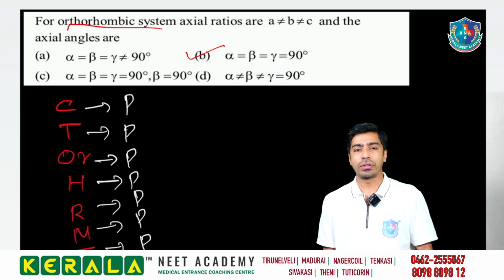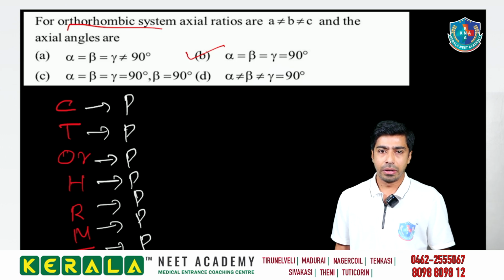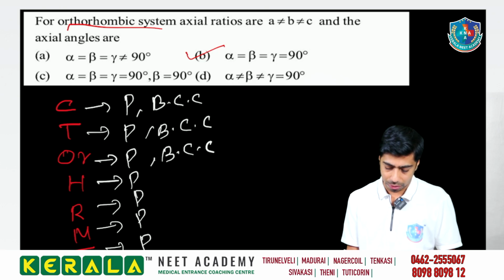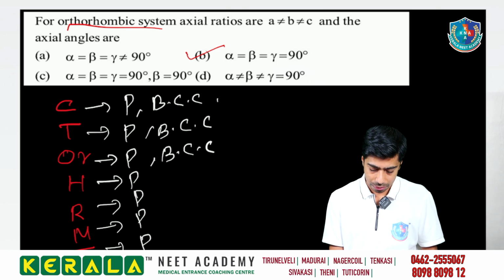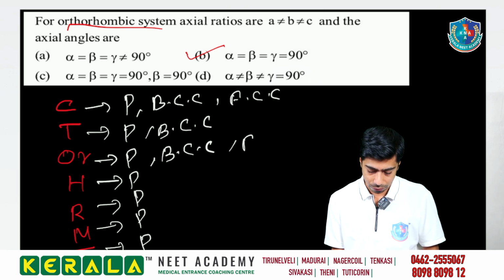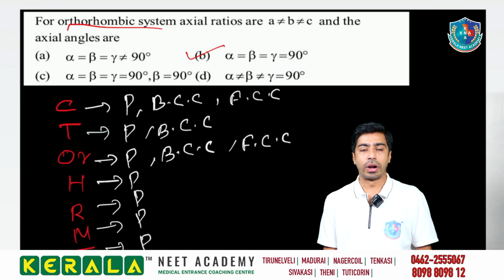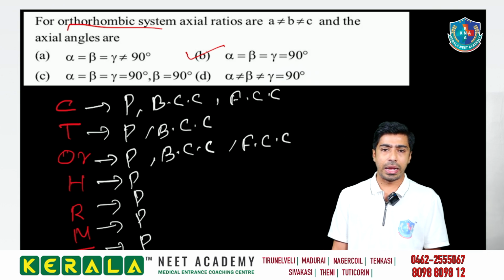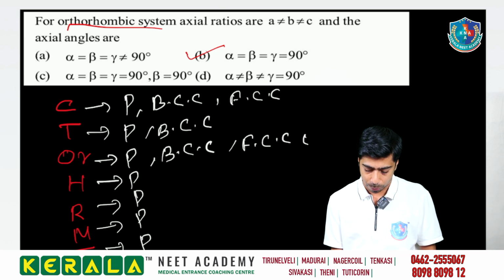Now if you take the case of BCC pattern, BCC will be available in the first 3. Then FCC will be available in 1 and 4, that means in cubic and orthorhombic, and end-centered will be possible in